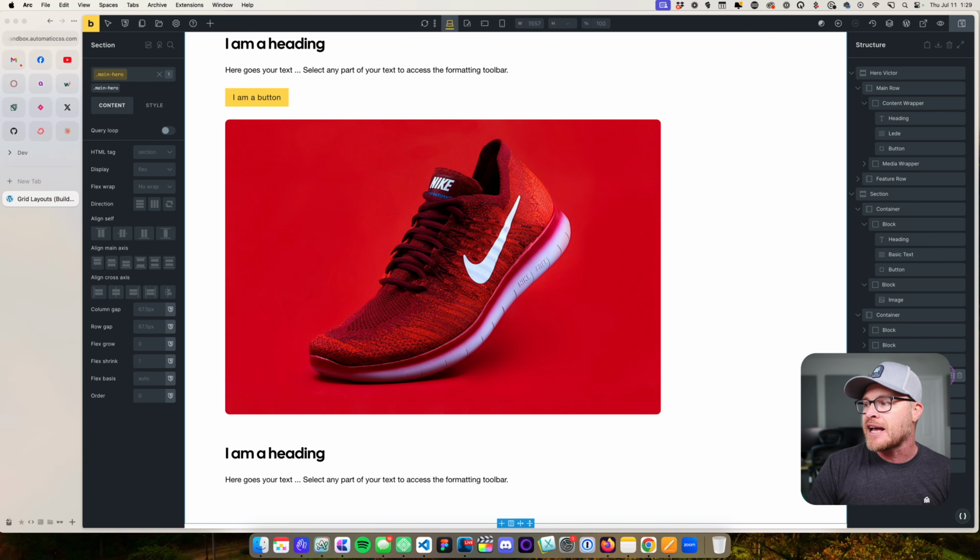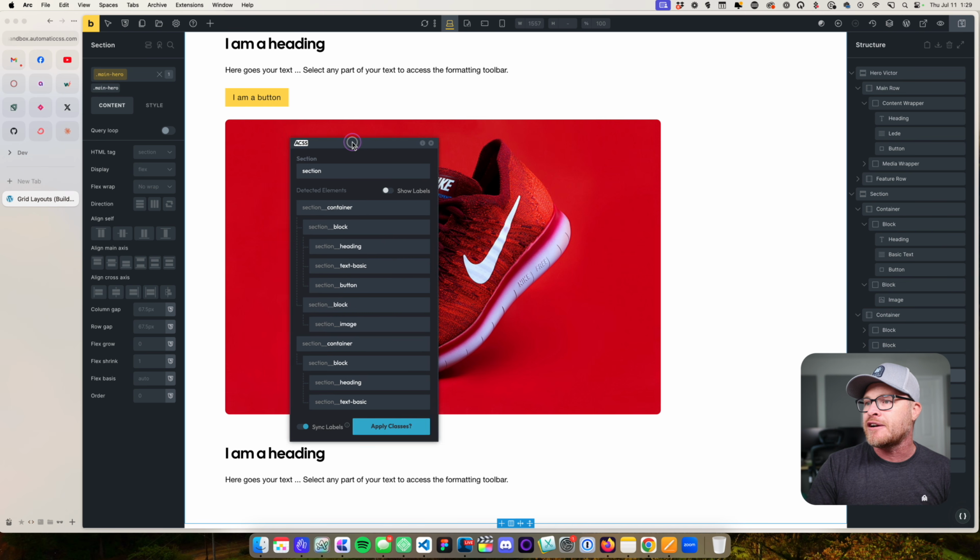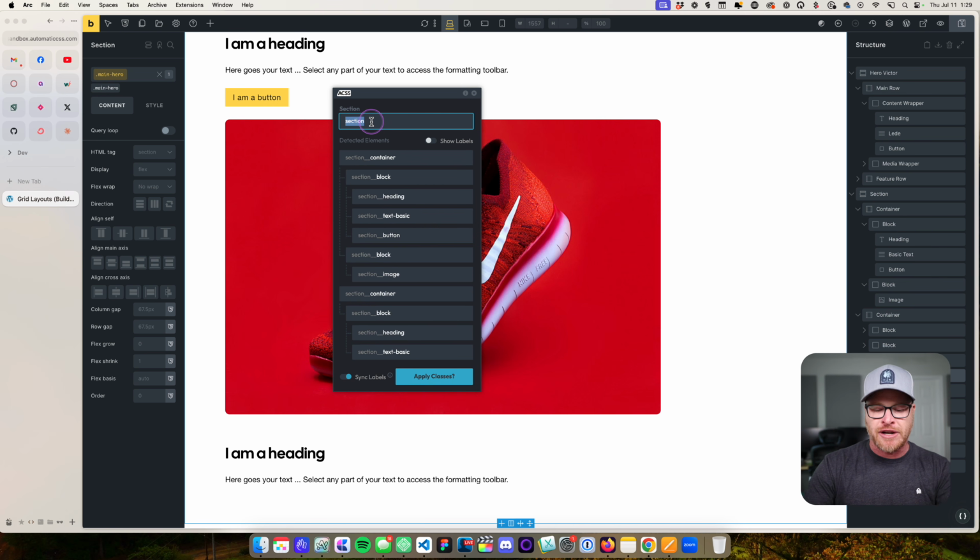Here's what that looks like. I just go ahead and hit Auto BIM right here, and we'll pull this to the center of the screen. This is not just a generic section. This is my main hero. This first container, I'm gonna call my inner. That first block, I'm gonna say, is my content wrapper. I have my heading, I have my, we can call this a lead. I like to call this a lead paragraph, like in journalism. Button is fine. This next block over here is actually my media wrapper, and inside of that is my media,